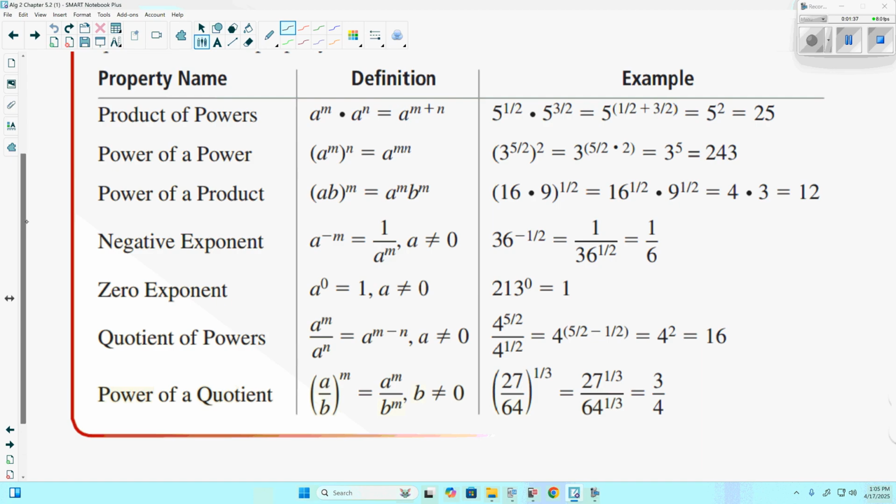Zero exponent, a to the zero: anything to the zero power is 1 except for 0. 0 to the 0 power is not going to be 1. Quotient of powers, a to the m over a to the n: if we divide like bases, we subtract the exponents. And lastly, power of a quotient, if we have